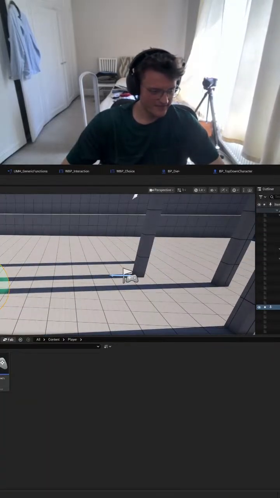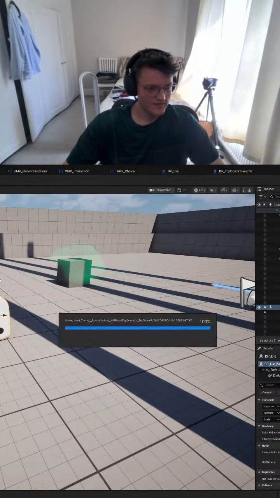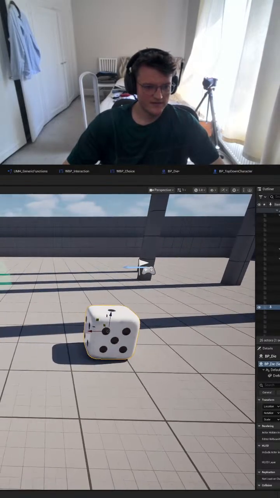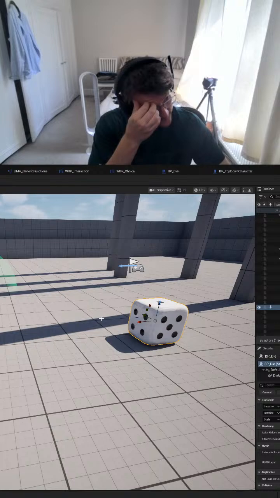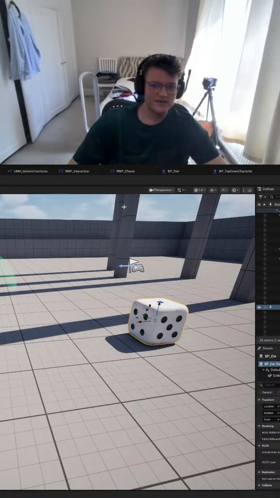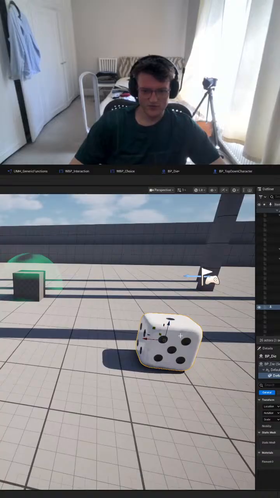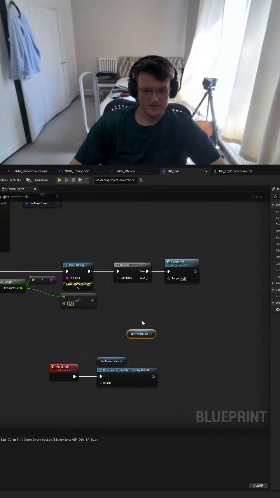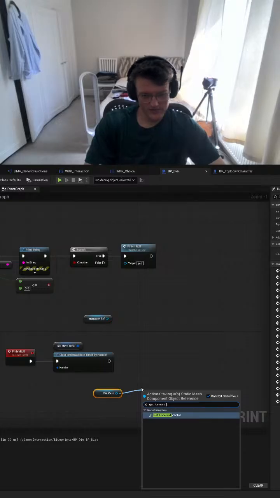If we get our die, our forward vector is going to be 4. So on our mesh, right? The actual specific mesh, yeah. So forward vector is 4. So if we get our die mesh and get forward vector,